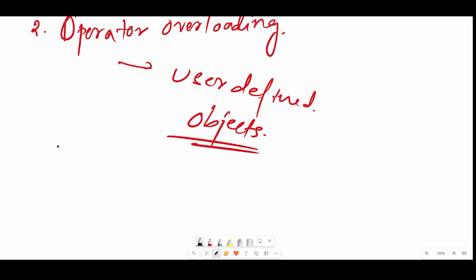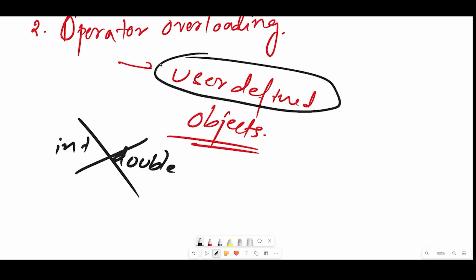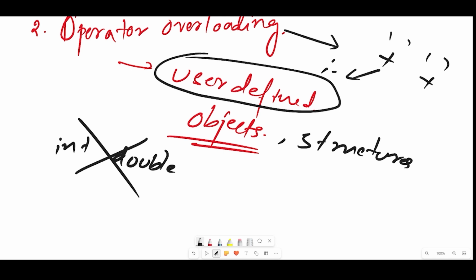If you talk about int, double, or float, we cannot overload operators for those data types. But for all user-defined types, like objects, or even structures, we can overload them using certain ways. So if I talk about the concept of operator overloading, basically different operators have the same symbol but different operands. The symbol will be the same. In the polymorphism lesson I gave the example of plus: for int it will add, for string it will join. So depending on the operands, different operator functions are executed, which you will see right now in the program.